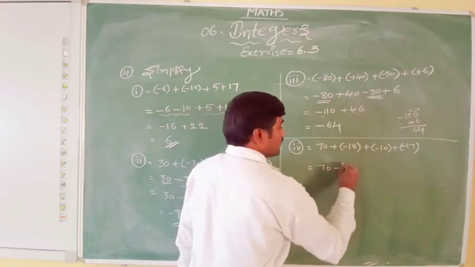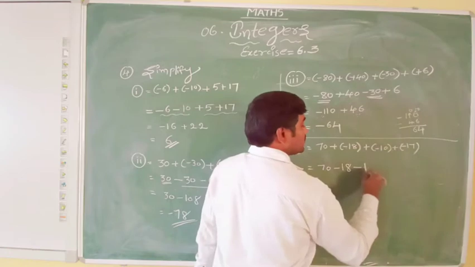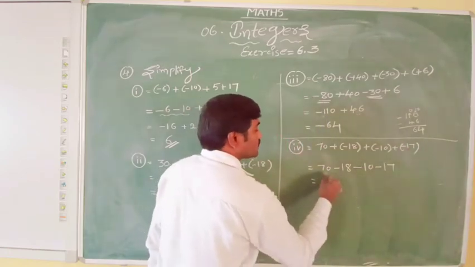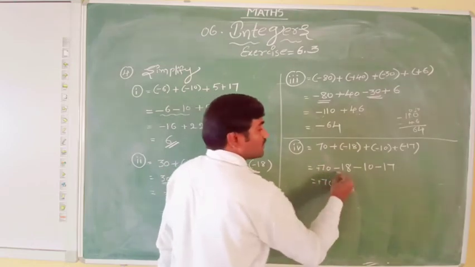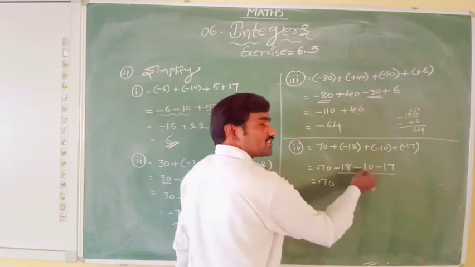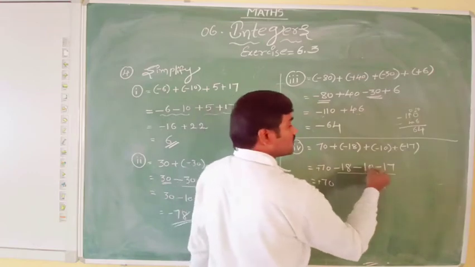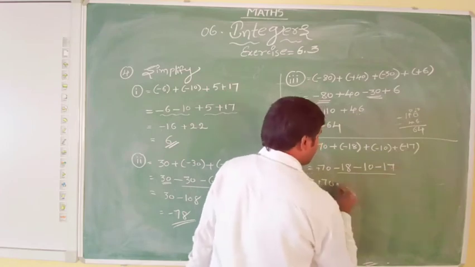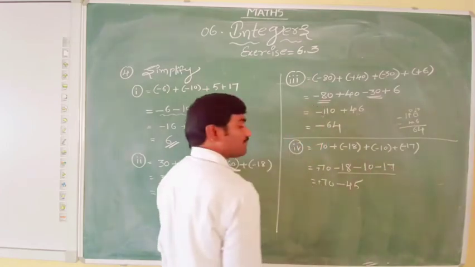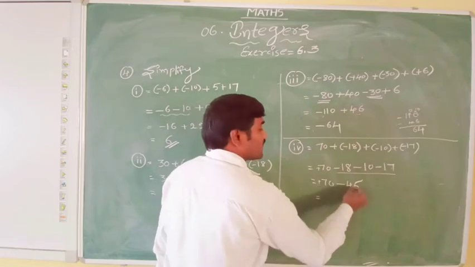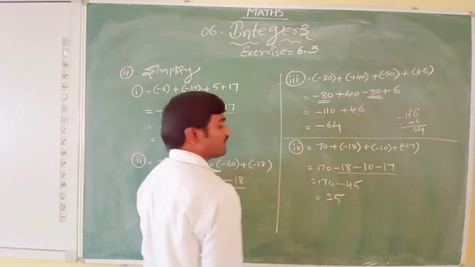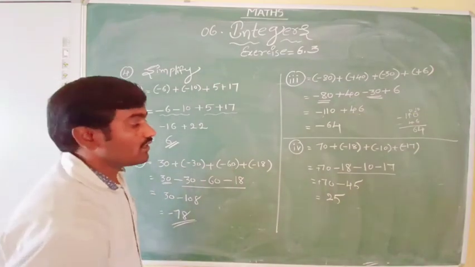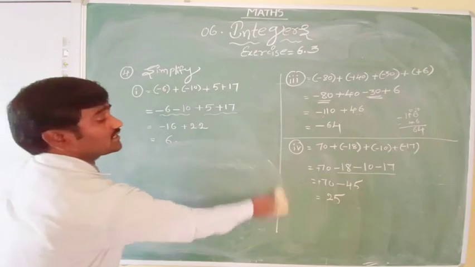70 plus into minus minus 18 plus into minus minus 10 plus into minus 70. Add all negative values first. It is a plus. There is nothing but plus only. This is all negative. Minus 18 minus 10 is minus 28. Minus 28 plus 7, that is minus 35, and 70 minus 45. So here 70 minus 45 is 25. From 70 we can subtract the 45. So we get 25. See that these are the simple calculations.